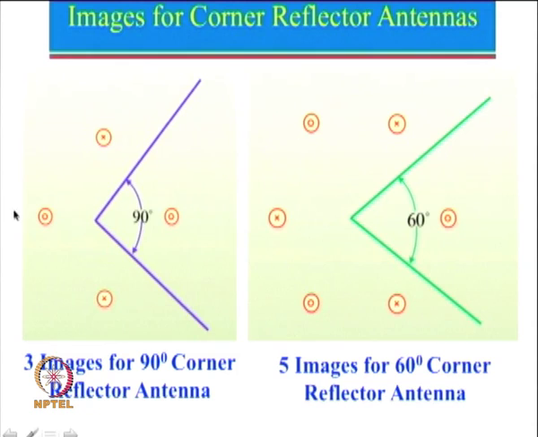Again we will start with the 90-degree, but this time it is a reflector antenna. Why antenna? Now, we have put a feed over here. So, here again this is the top view. If you see from the top, you will only see the tip of the dipole antenna. That is what is shown over here. In fact, this is actually also shown